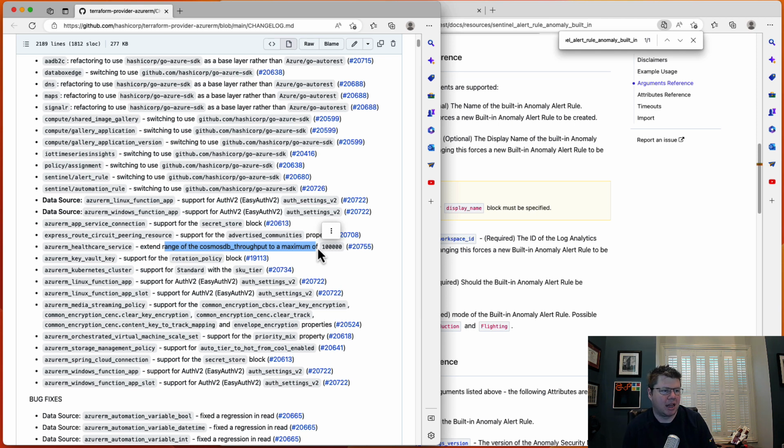That looks cool. I'll have to check that out. Because I'm always looking to amp my game up on Key Vault and making it easier to manage and not having things expire. So that's nice. And support for the standard with a SKU tier. I'm not too familiar with the Kubernetes SKU tiers. And then we got more Auth v2, some streaming service stuff,